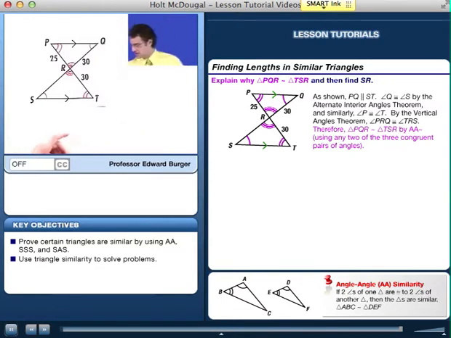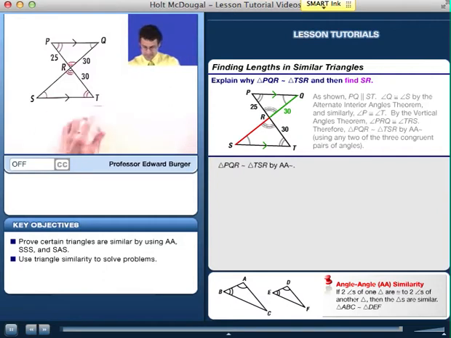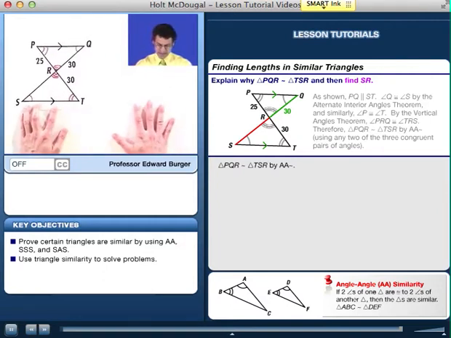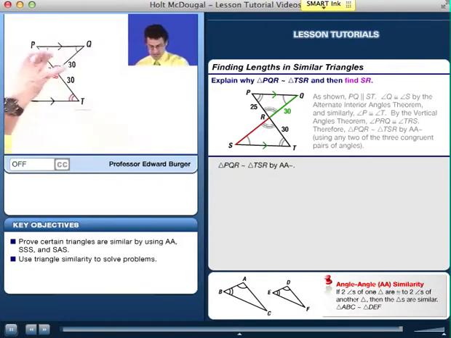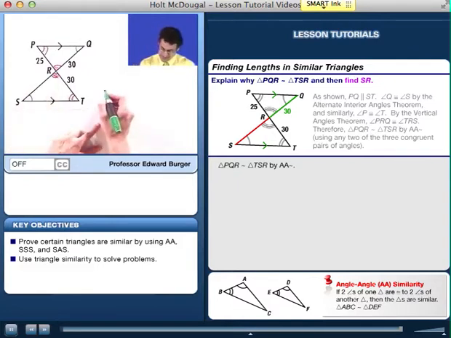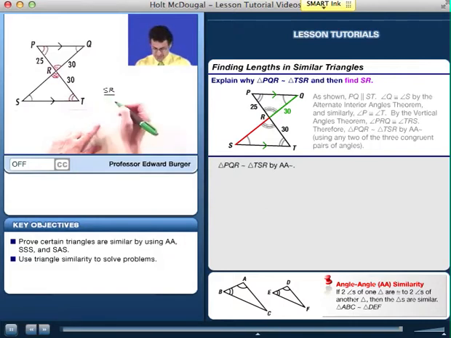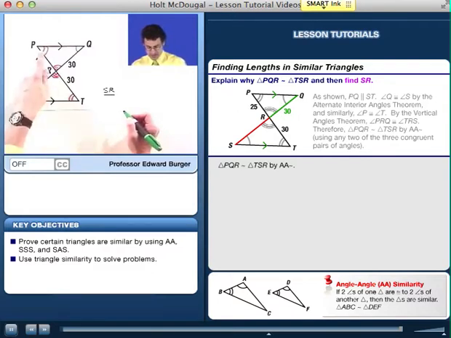Since they're similar, now I can set up a proportion and actually find this length. The way I mark my diagram is going to be handy because it's going to show me what side is proportional to which side. It might not be clear which side goes with which side, but now with those angles marked, it's very clear. I want to find SR. So SR is to, well, that's the side that's opposite the double angle here, so that's going to be, is to 30